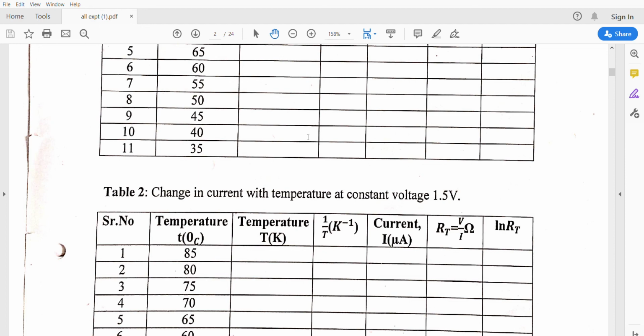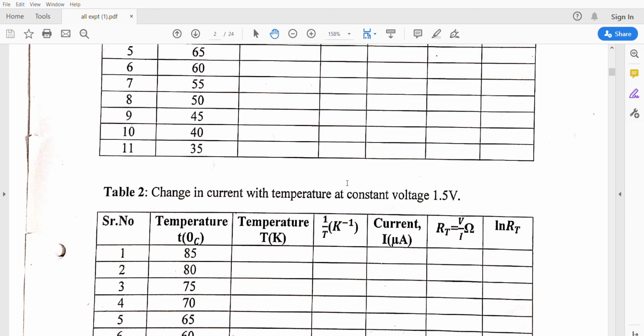What do you mean by Fermi energy level? We already discussed this. This is very important. Fermi energy level is nothing but the highest reference energy level which is occupied by the electrons at 0 Kelvin temperature. What is the position of the Fermi level in an intrinsic semiconductor? We derived the equation for this. The position of the Fermi level in the intrinsic semiconductor is exactly in between the valence band and conduction band.